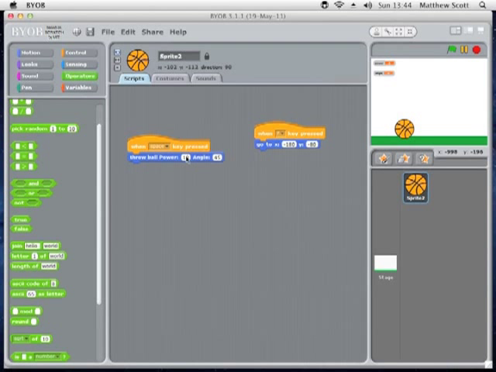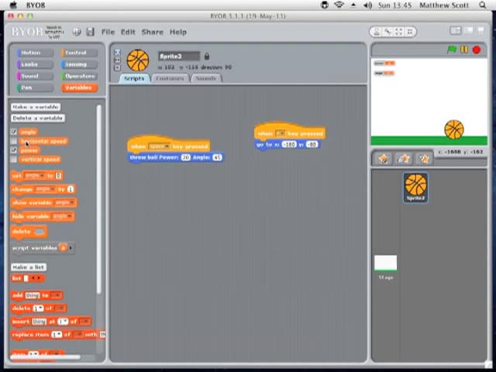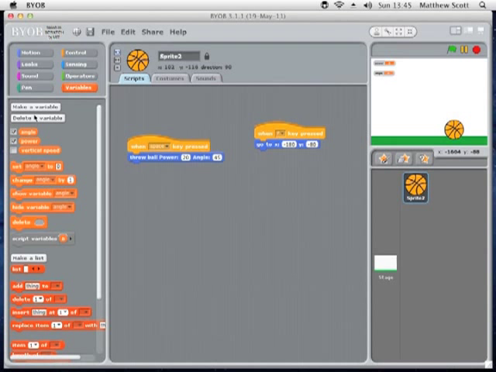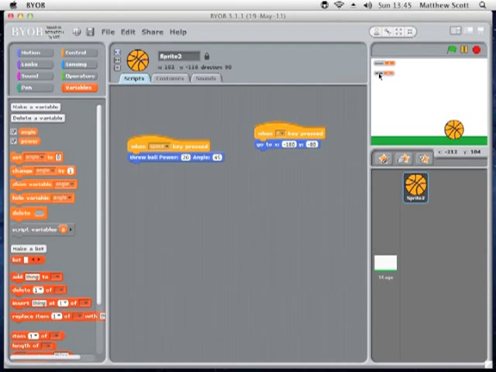That's good. Okay, maybe increase the power a little bit to 20. It won't work because it's not off the ground at the moment. Brilliant. Okay. So now what I've got is I've created my own block to move the sprite by a certain amount of power and a certain amount of angle. What you'll note is that we're no longer using the variables horizontal speed and vertical speed. So I should go and delete those, horizontal speed, and delete the variable vertical speed, leaving me with power and